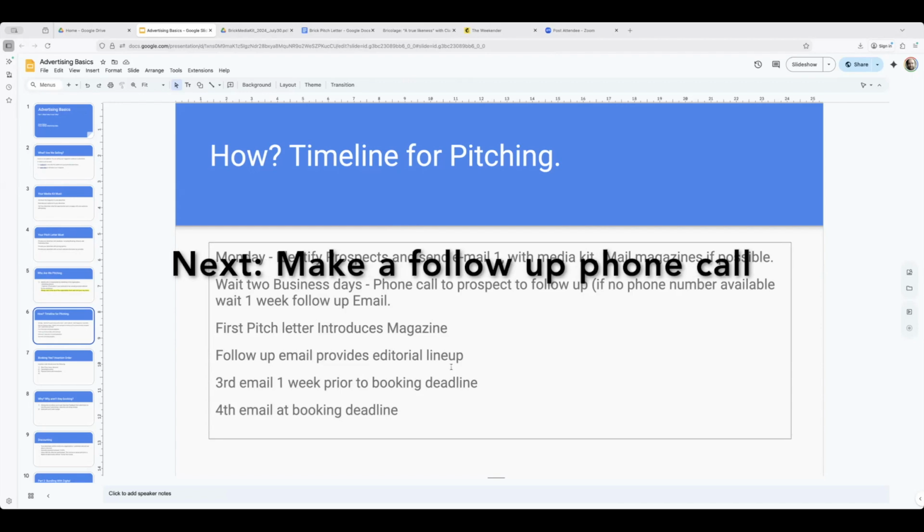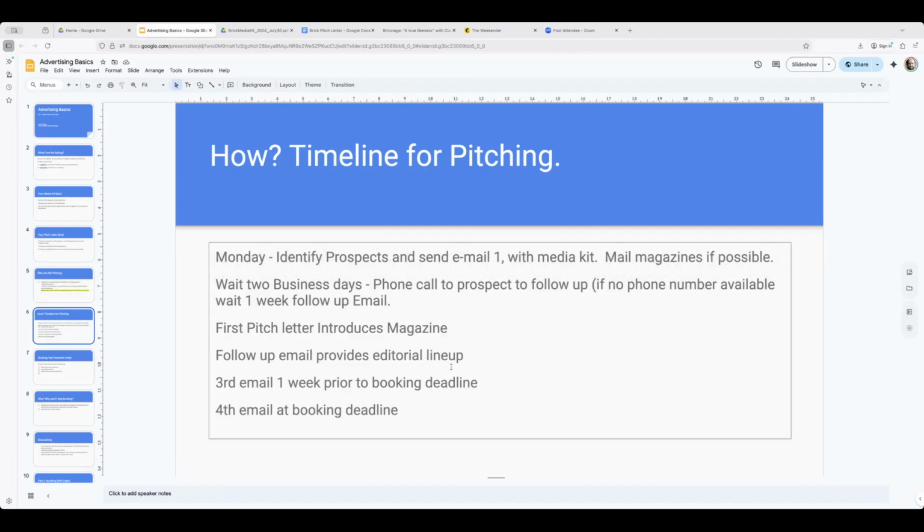Then generally I suggest people call. Now, calling is getting more and more difficult. People working from home, people not wanting to take phone calls. The phone call is going away, but I still do think it's worth phoning, or at least trying to phone people if you can get a phone number. Also, typically when you phone, it's an opportunity to figure out and answer some of those questions like, who does the marketing? How would I get a hold of Dave in marketing? Like, what's the best way to reach them? And they'll say, oh, email. Okay, well, I did send Dave an email, so I'm just wondering if we could follow up about that.